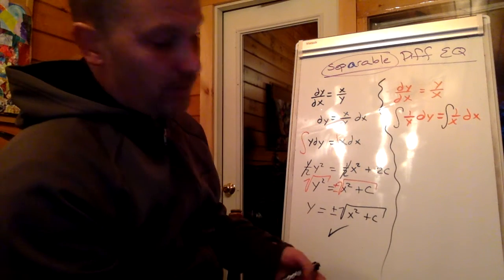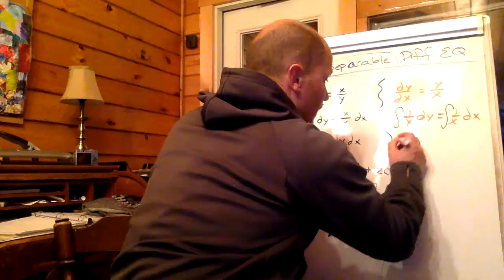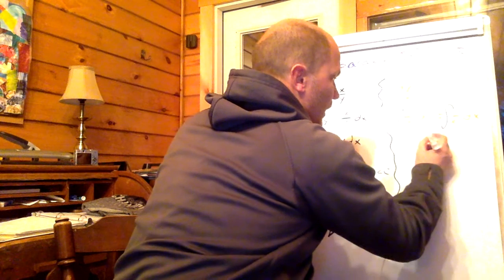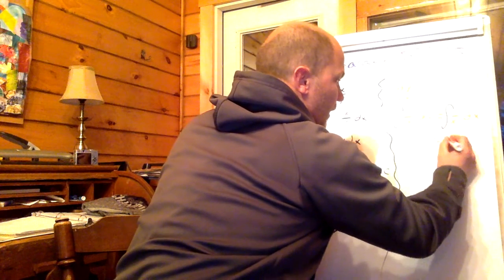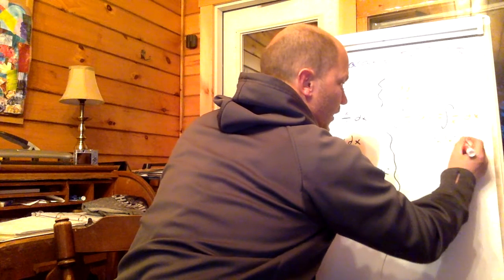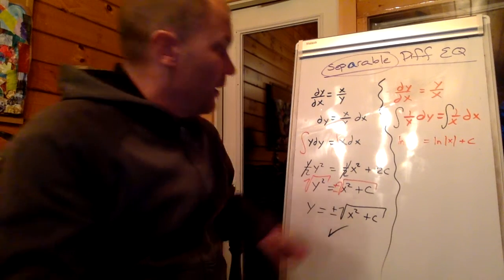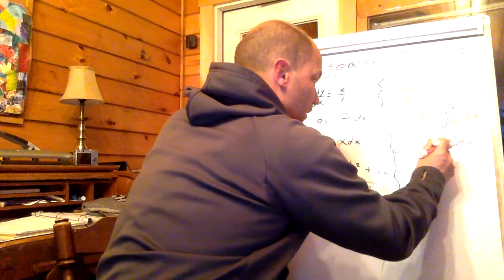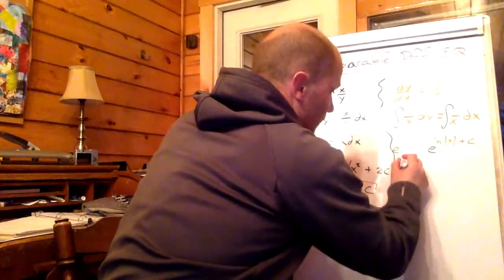We should, at this point, remember that the integral of 1 over y dy is the ln of the absolute value of y. And same thing is going to happen here. It's going to become the ln of the absolute value of x plus c. Great. We want to get rid of the ln if at all possible, so we're going to raise everything to the e, or e to those things. That's going to give me the absolute value of y